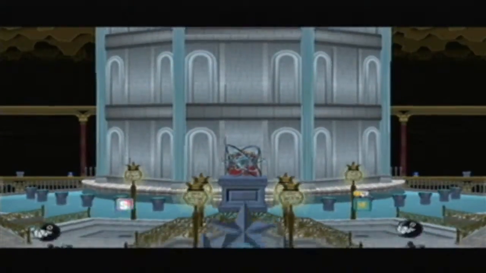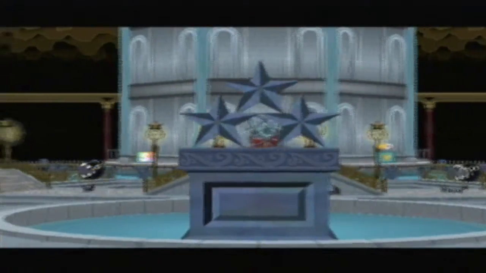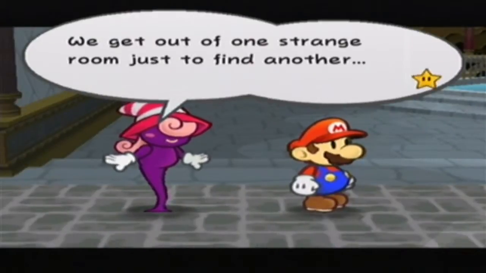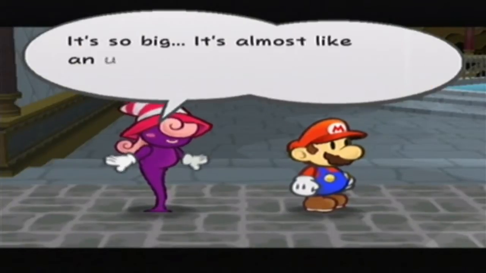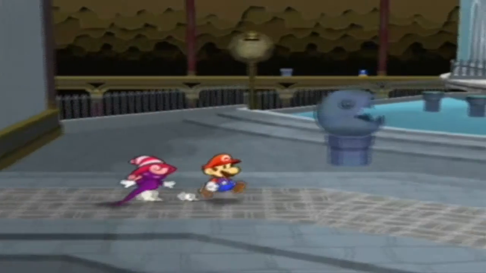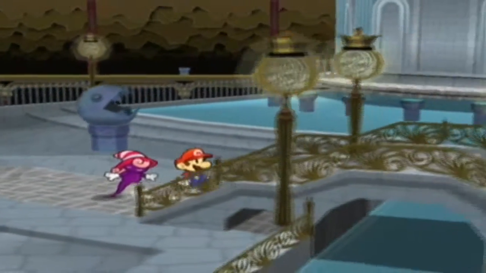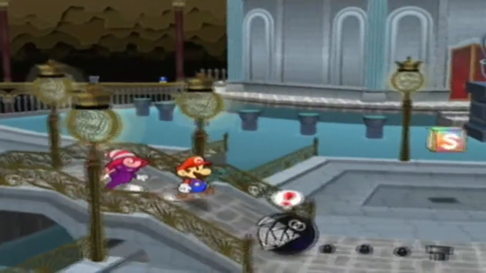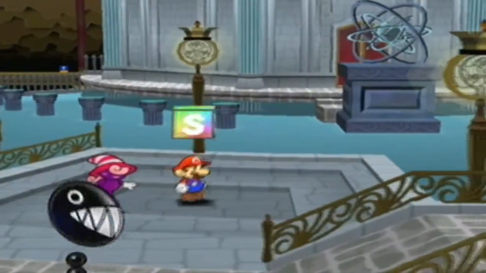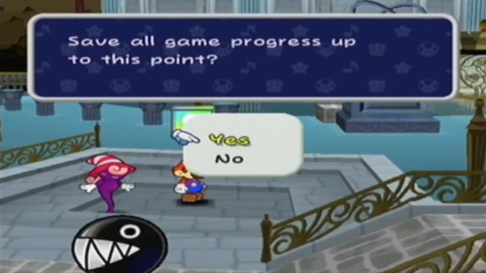And when you made it through, gasp, you'll get to see more panoramic views! You get out of one strange room just to find another. It's so big. Well, it's almost like an underground city. What is this place? What is this place indeed? And here we have a new enemy, but also a save block. I'd rather not deal with him right now, because I think we've done enough for this part,